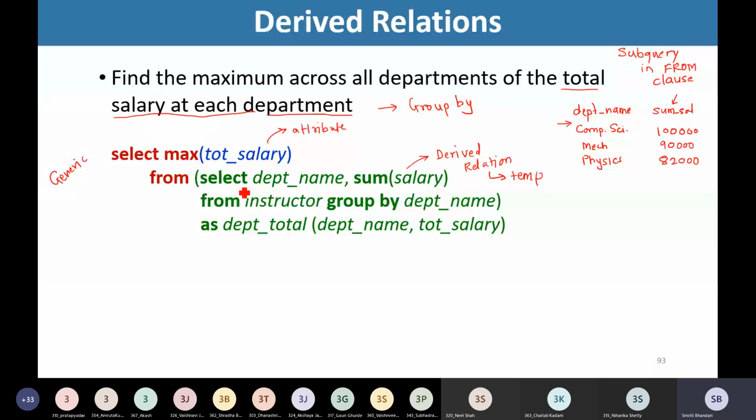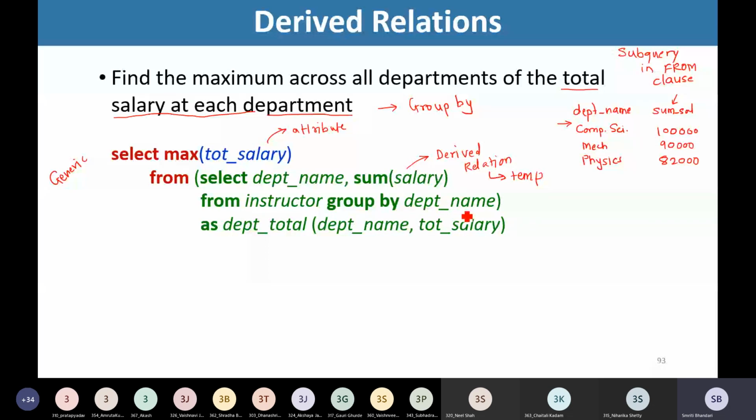So first of all, I may write this statement. Select department name, sum of salary from instructor, group by department name. Right? For this derived relation, I am giving name for this relation as department total. And these two attributes are named as department name and total salary.